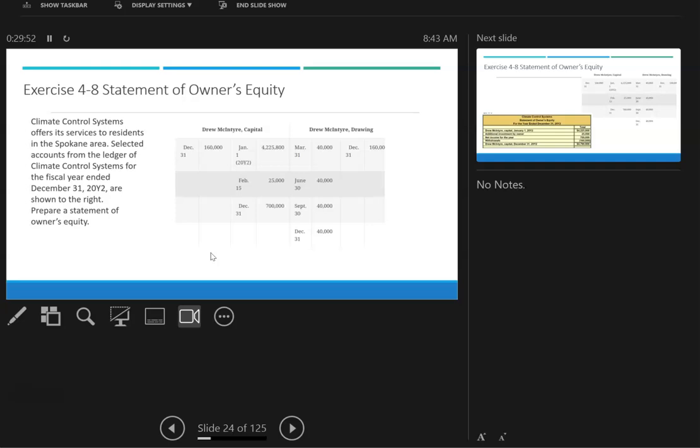Now, let's just do one on owner's equity. Climate Control Systems offers its services to residents in the Spokane area. Selected accounts from the ledger of Climate Control Systems for the fiscal year ended December 31st, 2022 are shown to the right. Prepare a statement of owner's equity. So we show that